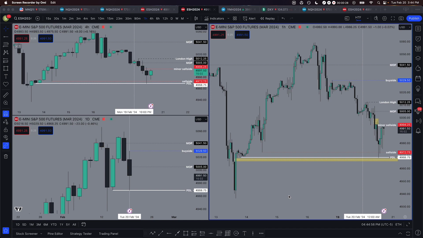So by looking at where, when, and how the main moves of the day happened, and how my model did or did not print prior to that move, we can gain experience over time that our model will deliver and forge the patience to wait for that A plus setup to come. So that's what we're doing here, and starting with ES today and looking at the higher time frame, we did have a